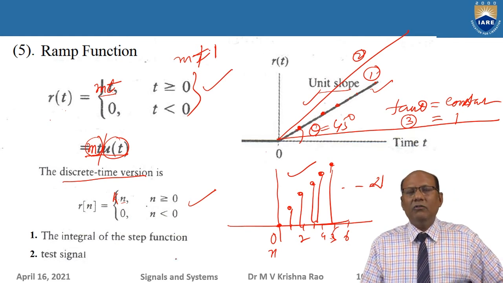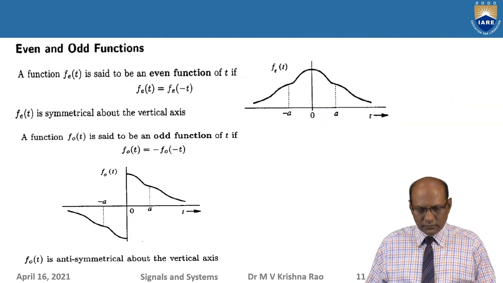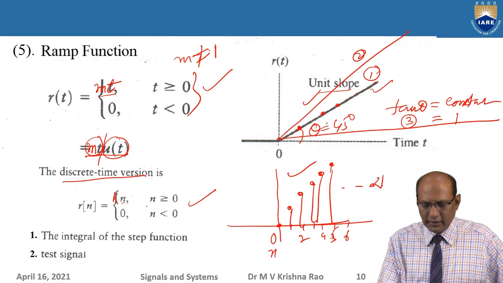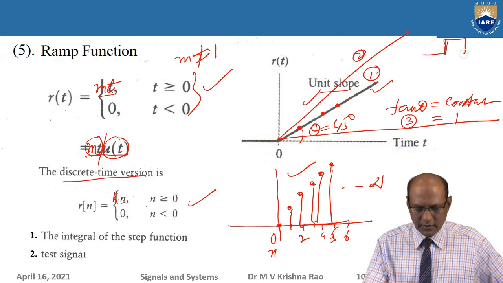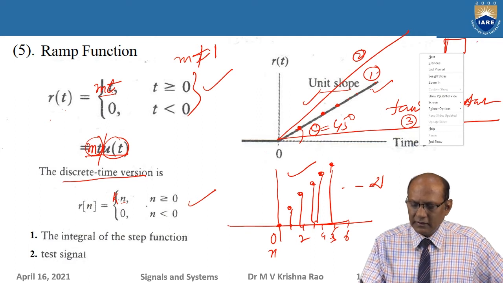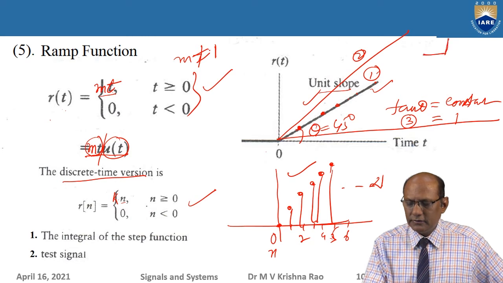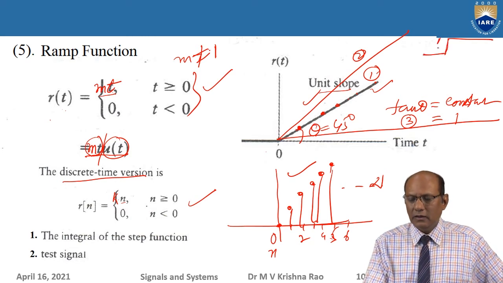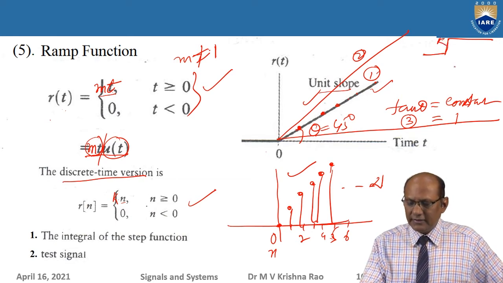And how will I get this ramp? Okay, let us take one pulse. I am writing it somewhere here. Let us take a pulse like this. Instead of a pulse, I will take a step function. So take this step function, let us say 1 or some constant k, and you integrate this.